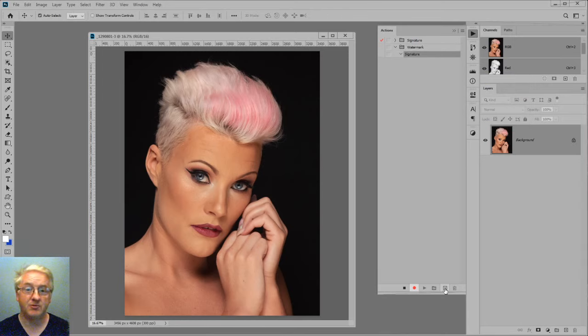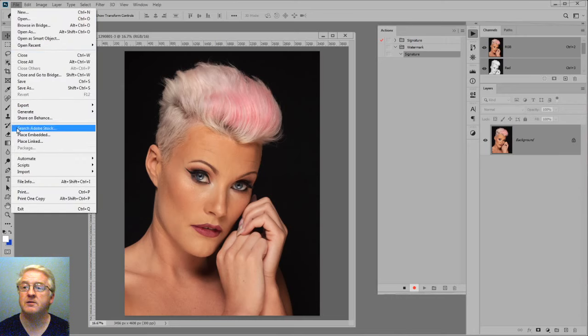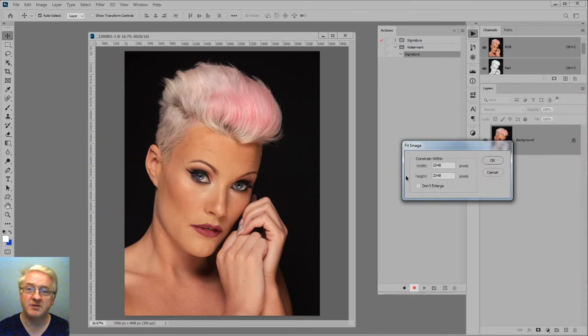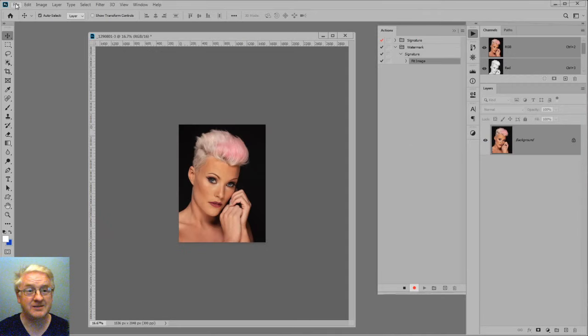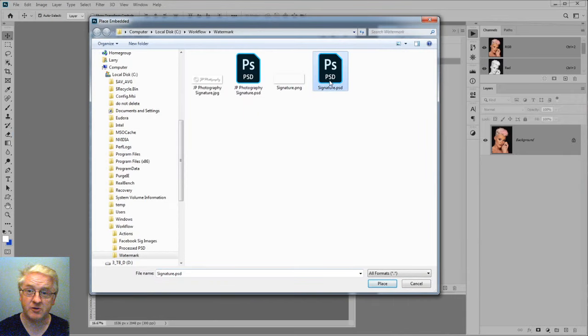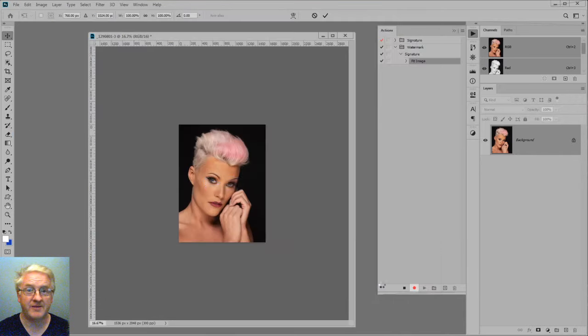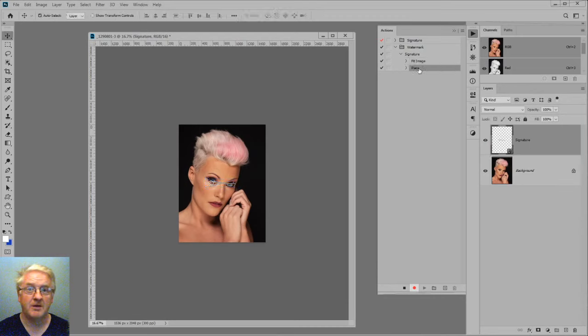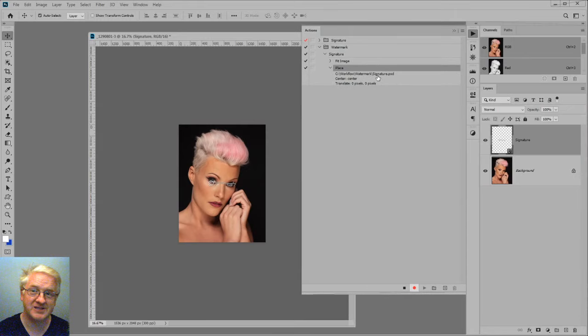Okay, now it's recording. So yet again, File, automate, fit image, 2048 by 2048. Click OK. Place the signature this time. File, place embedded, signature PSD, place, and hit enter. And if you open up that really quick, you see it placed signature PSD. That's the gotcha that would have had you emailing me back saying it didn't work, because my one